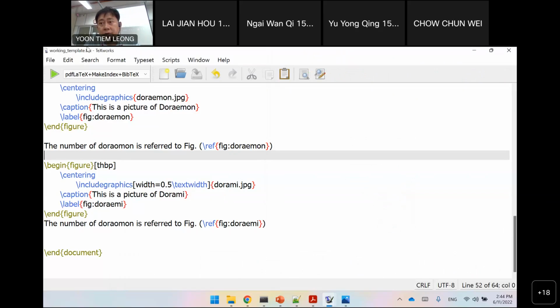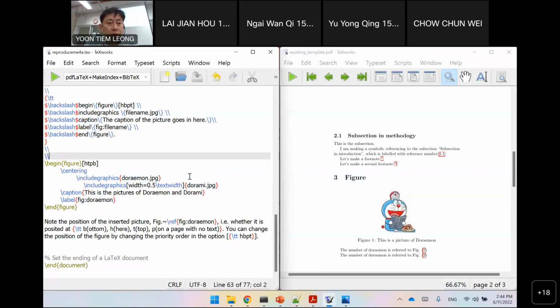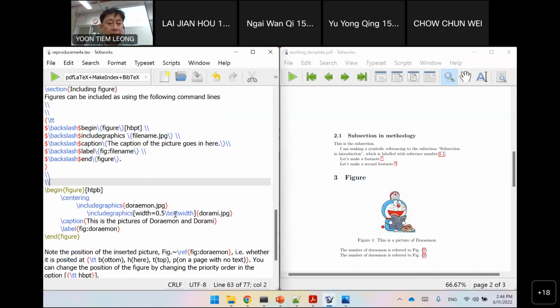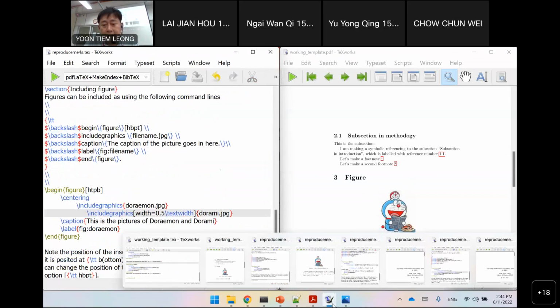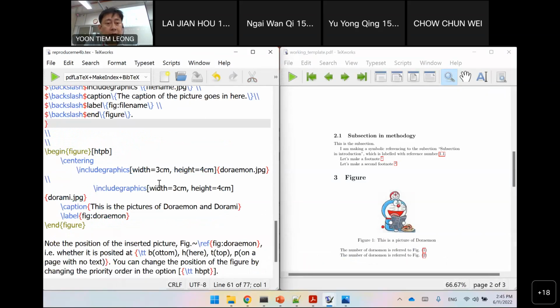So in exercise 4a, it shows you how to control the size in terms of width, whereas in exercise 4b, I'm not sure which one is which. Exercise 4b also shows you how to control the height and size of a figure by specifying the height and width in terms of cm. So maybe let us demonstrate this